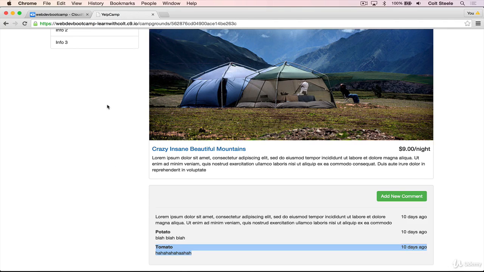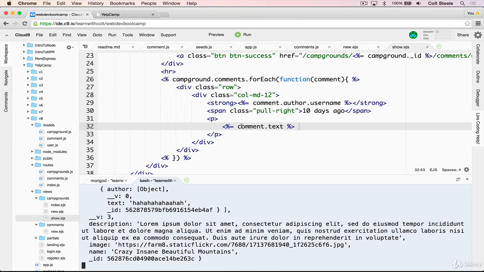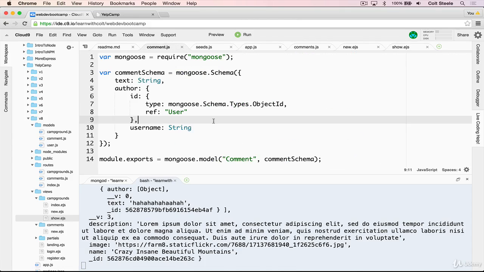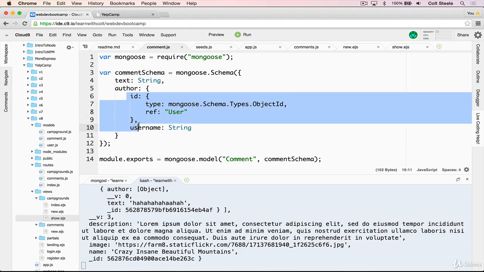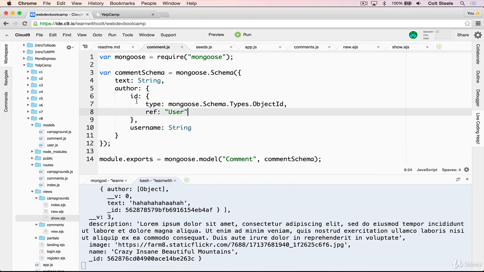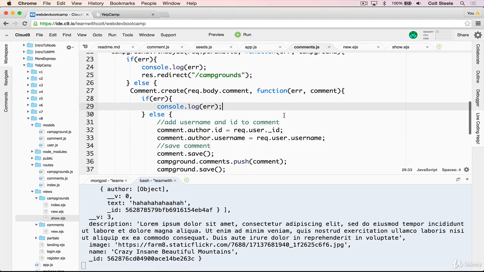As always, I'll end this video with a quick recap of everything we did. We started by going to the comment model and adding in an author field. We already had author, that was a string, but adding in author as an object that has two properties, ID and username. And ID is a reference to a user model ID, and username is just the string name of the current user. So we set that up, and then we needed to go into our comments routes, and it